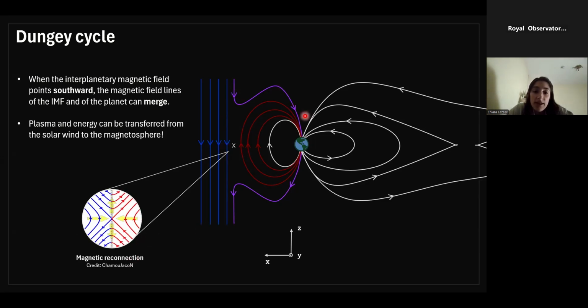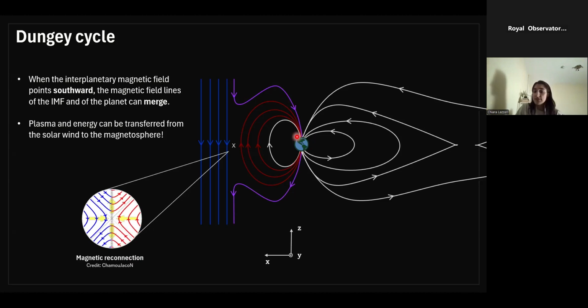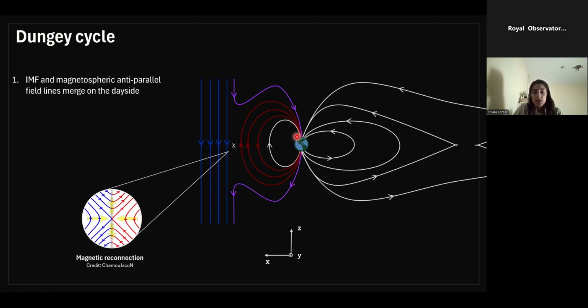And the purple line here is one of the merged lines. You see it has one foot point on the Earth, while the other one will be connected all the way back to the sun. And so as you can imagine, the plasma that was on this magnetic field line of the interplanetary magnetic field will be able to flow inside the magnetosphere now. So there will be a transfer of mass and energy from the solar wind to the magnetosphere, which is very important. So magnetic field lines merge here on the day side,